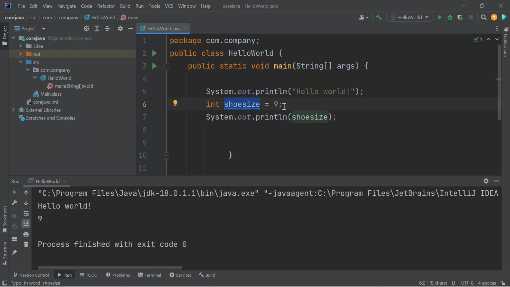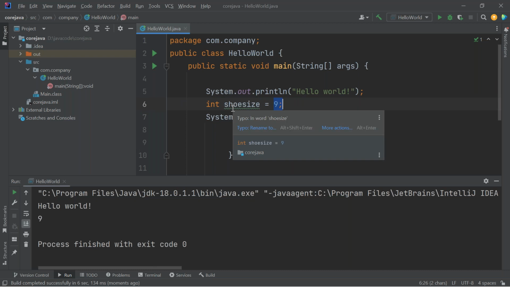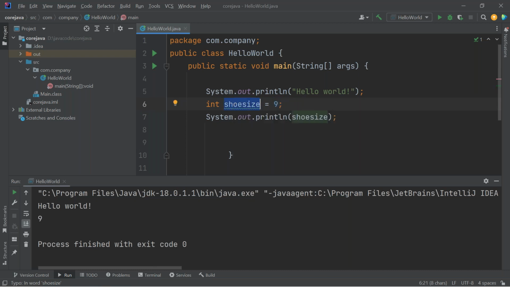Whatever value I specified on the right hand side will be stored in a name called shoe size. Going forward, whenever I call shoe size, it will print 9. After some time, I feel that I want to change the size. Previously, I was buying a shoe for me. Now, if I want to buy a shoe for my brother, the next day when I go to online shopping, I'm looking for a shoe of size 11. So this time when I print the shoe size,